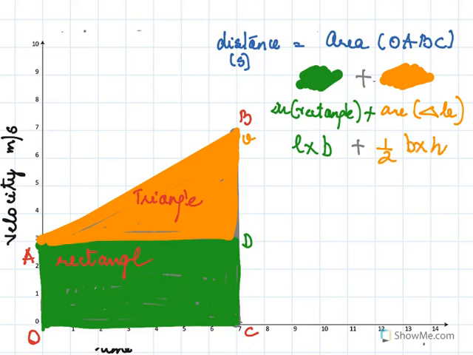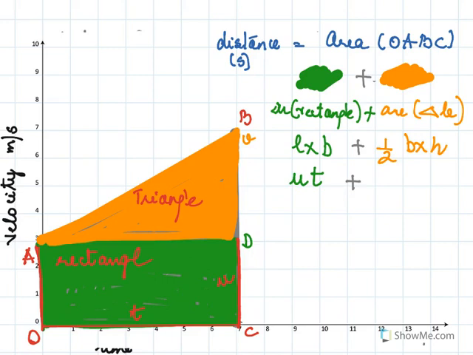Now let's see what's the length and breadth of this rectangle. Here is the length of the rectangle, which we know is T, and here is the breadth of the rectangle, which we know is U, that is equal to OA. OA is U. So for this rectangle I have UT, length into breadth, plus,